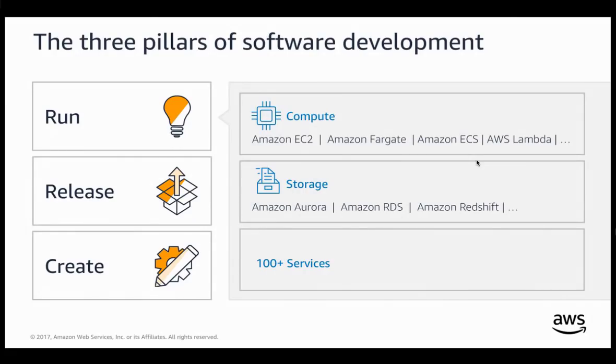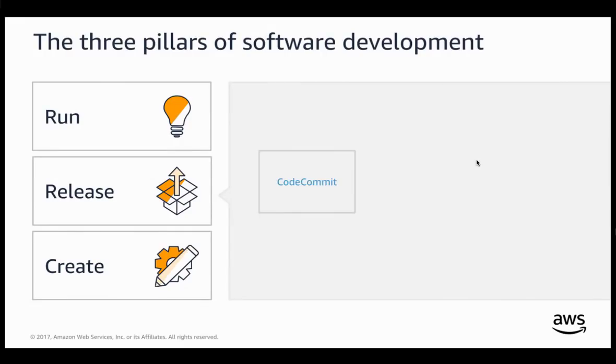Next to that, there's a range of storage services. So you have RDS, Aurora, Redshift, S3 for file storage, and many more. So really, there is a whole range of services which allow you to exactly cater to the needs of your online services. Let's step to the next section, the next step in your process, and that's